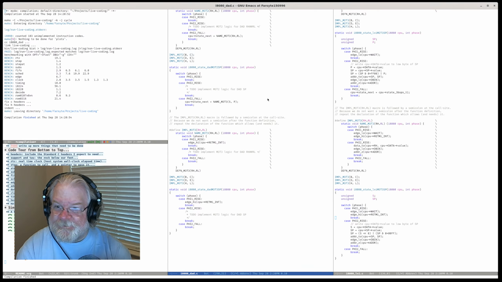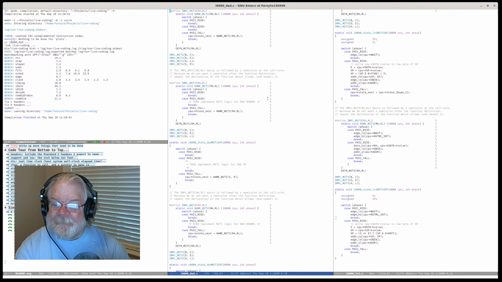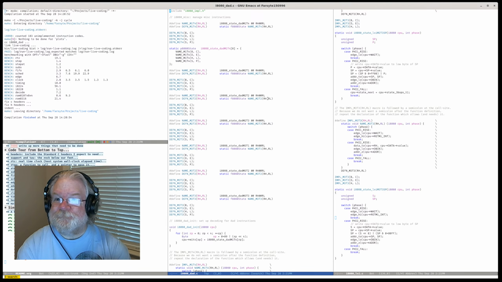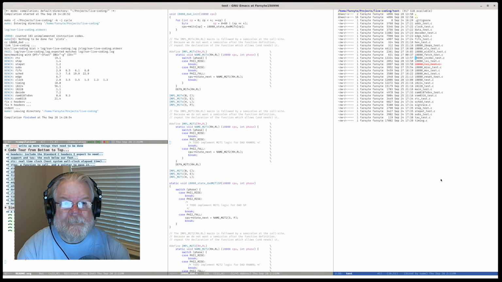It compiles, runs, has to-do items. Doesn't do anything yet. So here I could actually write the DAD test code and see that it does nothing. So I'm going to take the LXI test.